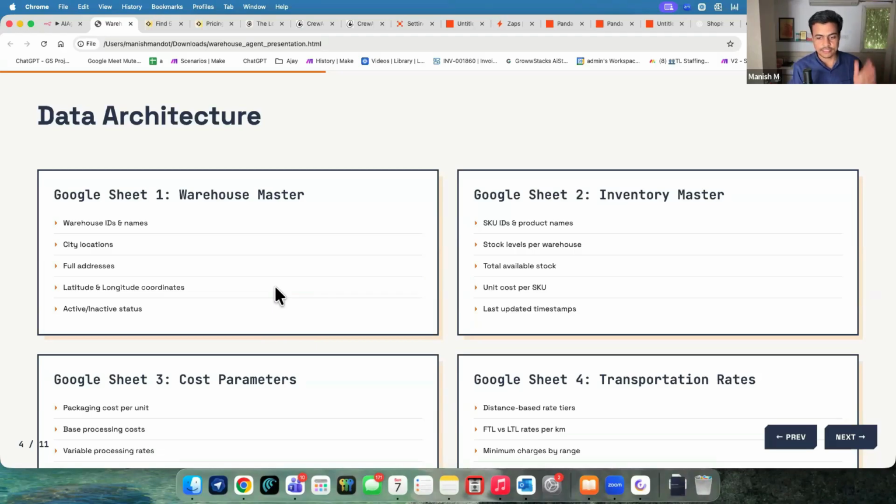Else, we can have a centralized single data structure, which is hosted somewhere in an ERP, in a database, or in some sort of, let's say, sheets and something like this. So data architecture is supposed to be in the right manner. That is first. Second is what kind of data we are supposed to have to build this entire